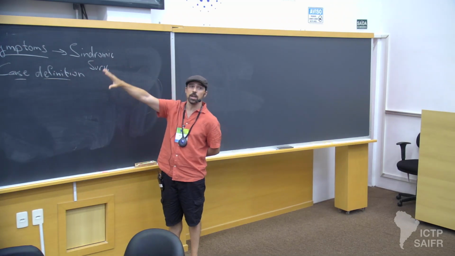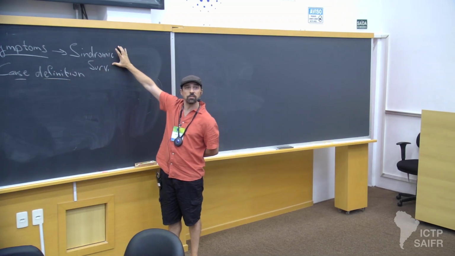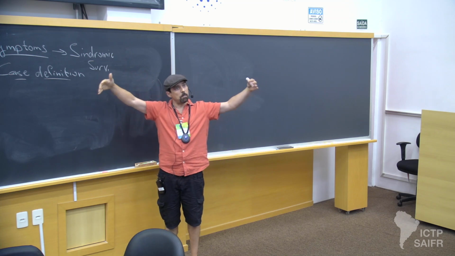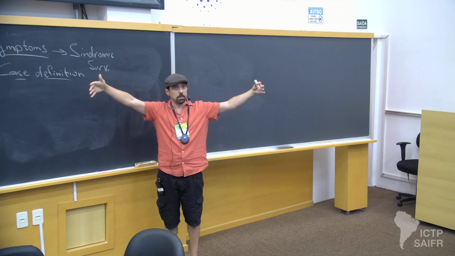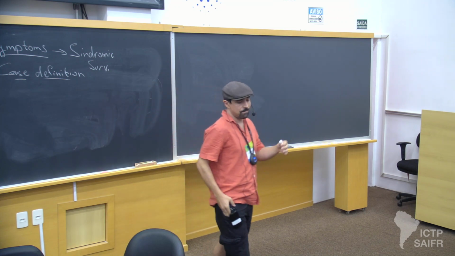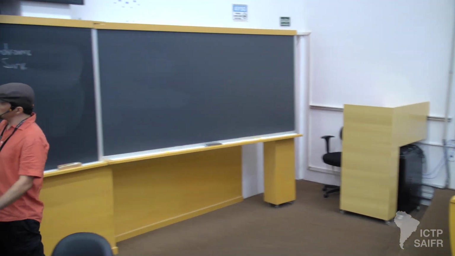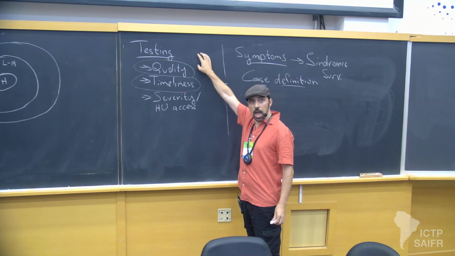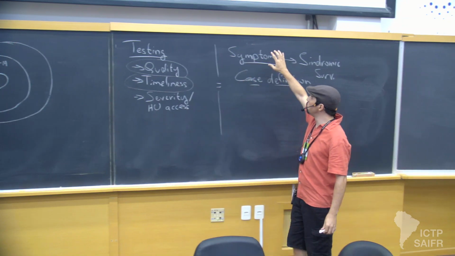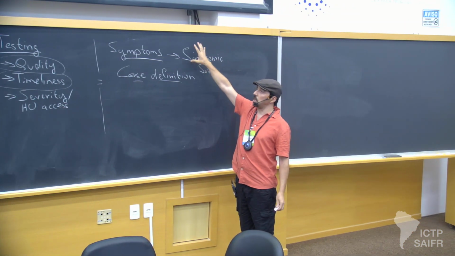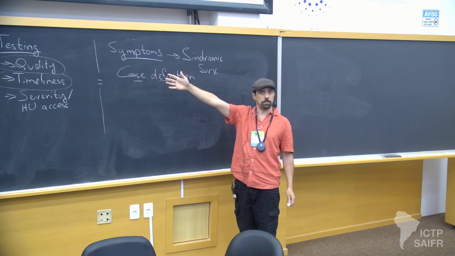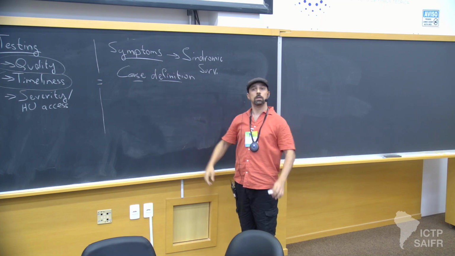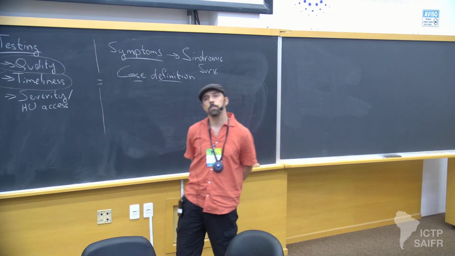So there is a trade-off here. With a syndromic surveillance, I'm amplifying my net, but I'm also accepting the possibility that I'm including garbage in what I want to see. If I rely specifically on confirmed cases, I am certain that what I have is actually what I want, but I am losing cases that for some reason the test became a false negative, right? So there's a trade-off here. What is the advantage of using symptoms